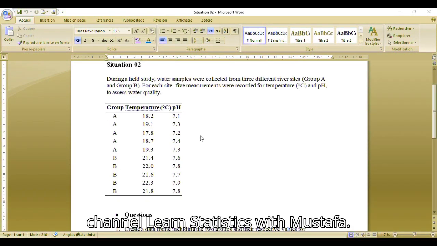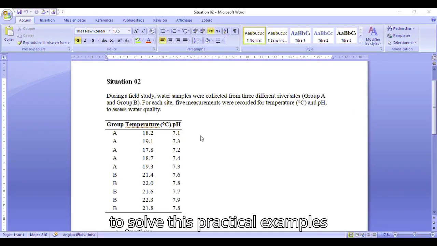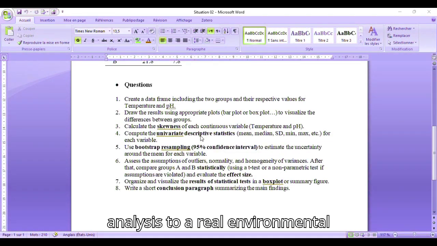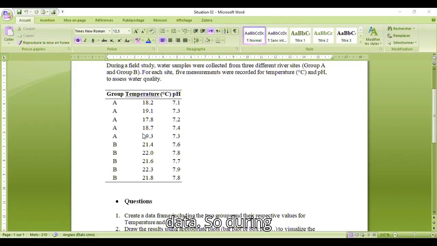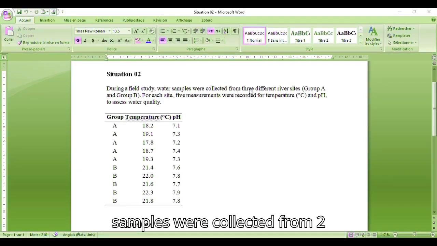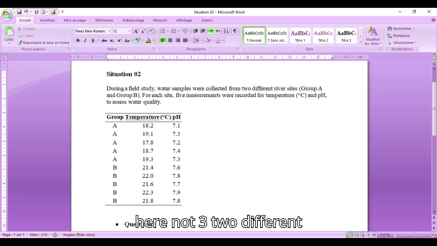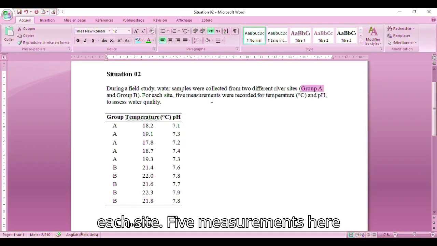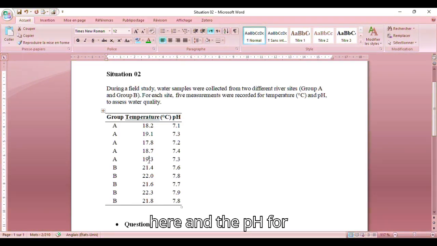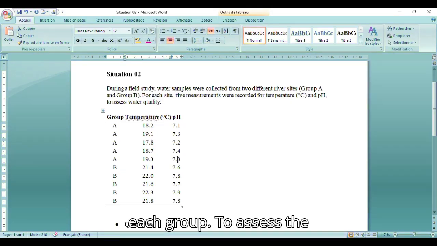In today's tutorial, we're going to solve this practical example step by step, applying statistical analysis to real environmental data. During a field study, water samples were collected from two different river sites, group A and B. For example, this refers to forest, and this, for example, to a crops area. For each site, 5 measurements were recorded for temperature and 5 for pH for each group to assess the